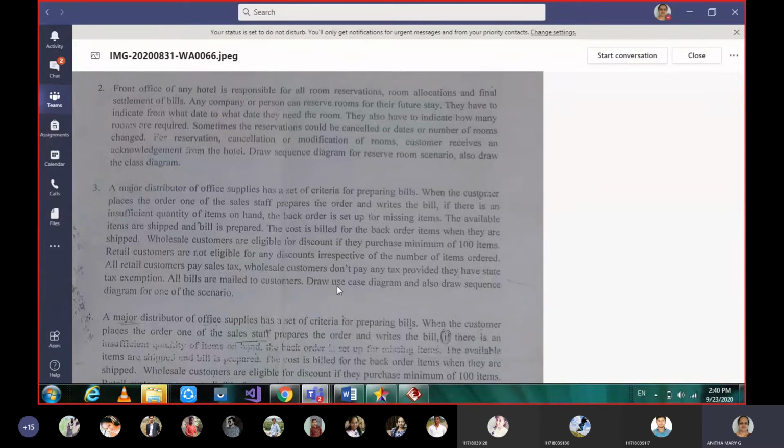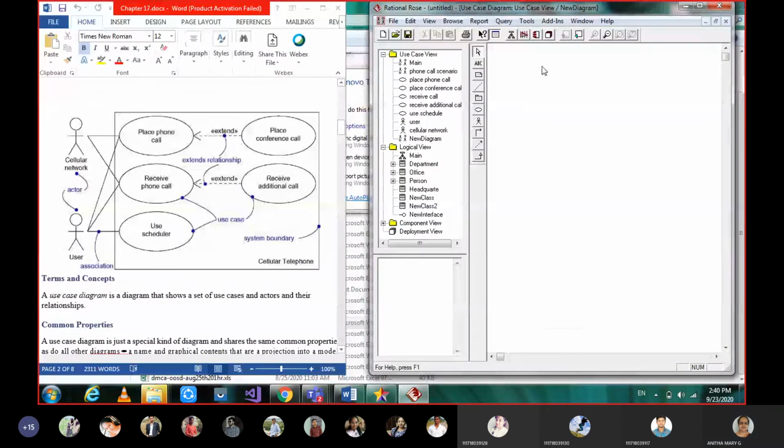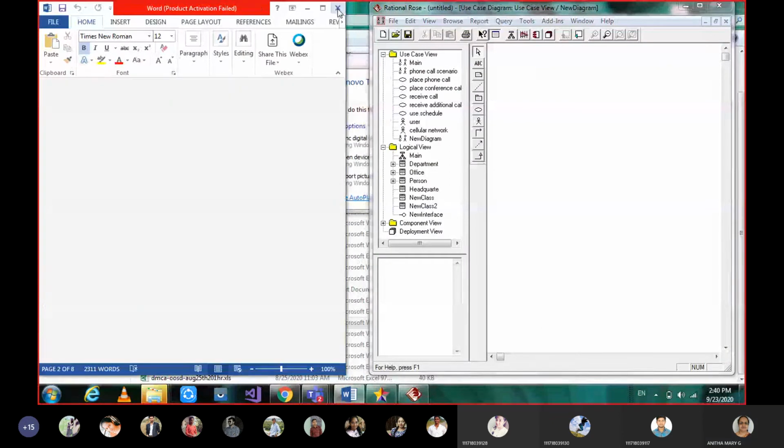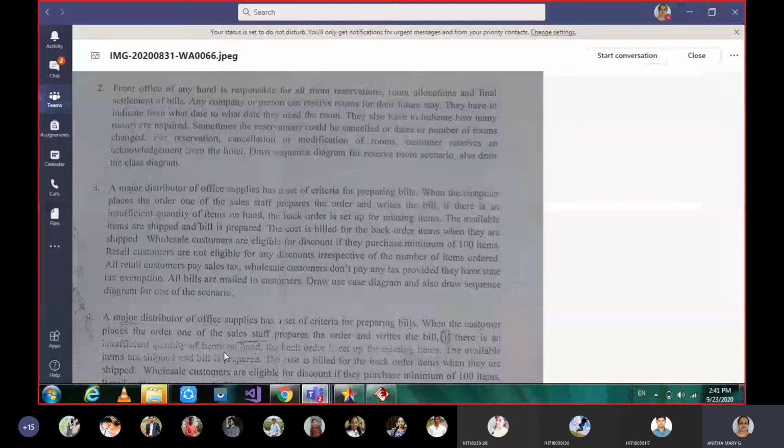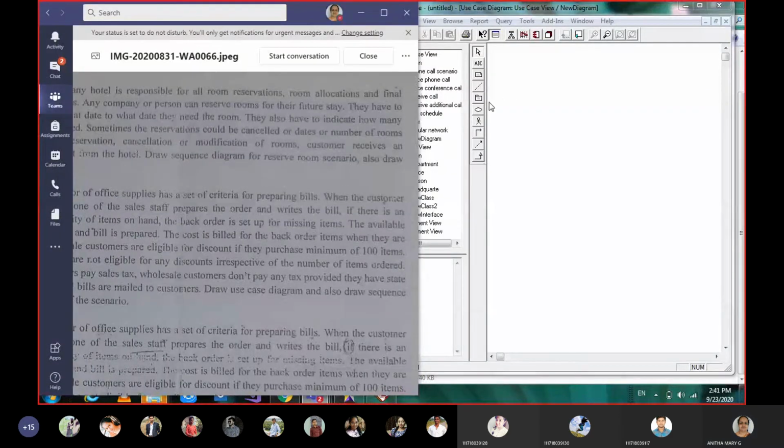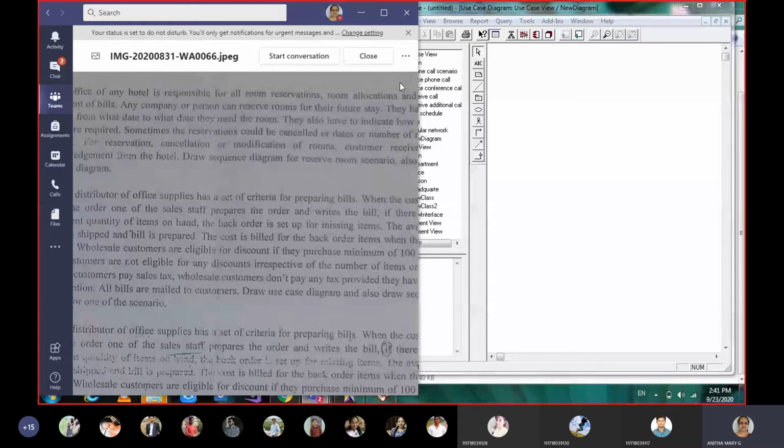So now, I want everyone to go through this scenario once again, and when we draw the diagram, I want you to say what all the use cases and the actors are that we were talking about there.